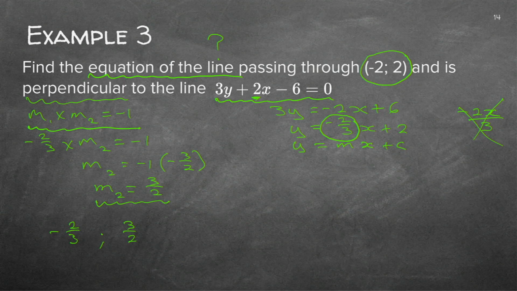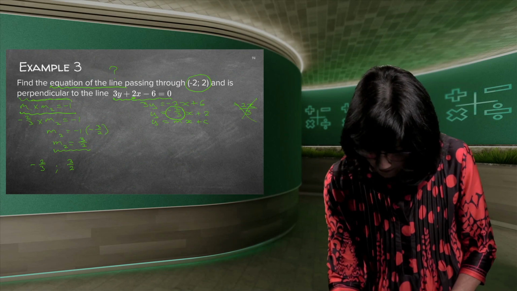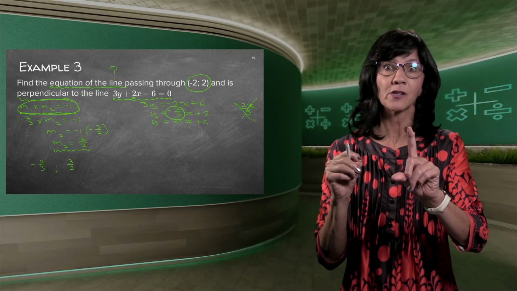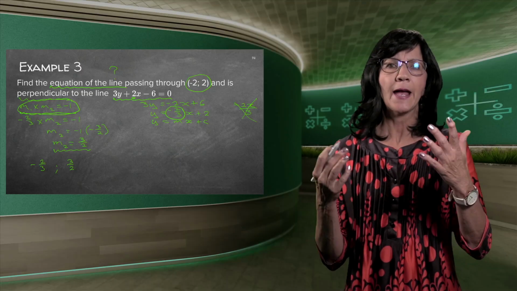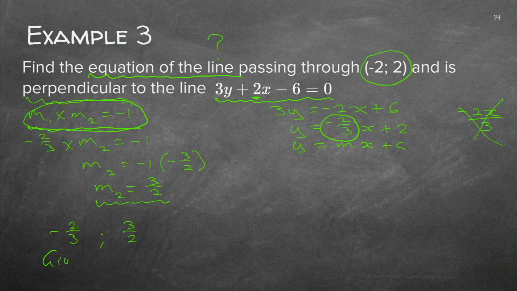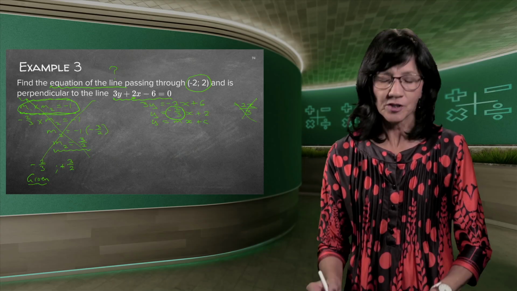So without even doing this little formula that I did now, this formula reminded me that if I multiply the two m's with one another, it must give me minus 1. So they need to be inverses of one another, and one needs to be a plus and one a minus. So if my given one, which I worked out, was minus 2/3, then you can just straight away make this a plus, flip the fraction over, and there you've got your m, without even doing this whole formula. But again, up to you. If you prefer to do the formula because you want to make very sure, you can do that, but you can just straight away swap them.